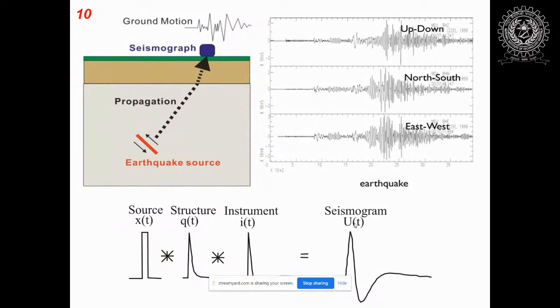So when an earthquake occurs, the earthquake waves propagate through the medium and are recorded by a seismic station situated at the surface of the earth. Therefore, the record of an earthquake, which is recorded by a station, known as a seismogram, carries information about the earthquake source as well as the medium through which it propagates. Therefore, a seismogram contains the source effect, the propagation effect, and the instrument response. Mathematically, inversion or modeling are the two methods that can be used for extracting the information about the seismic sources and subsurface parameters from seismic data.